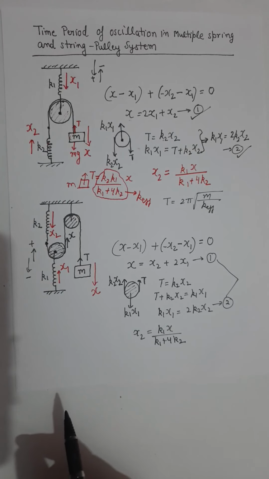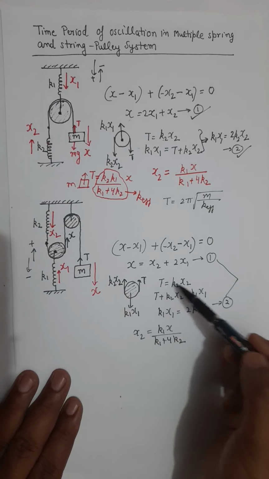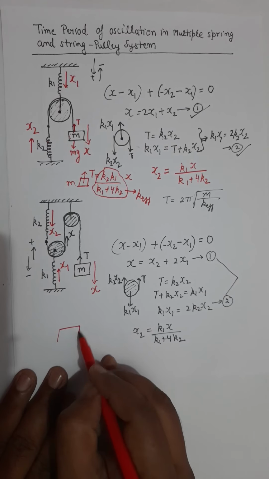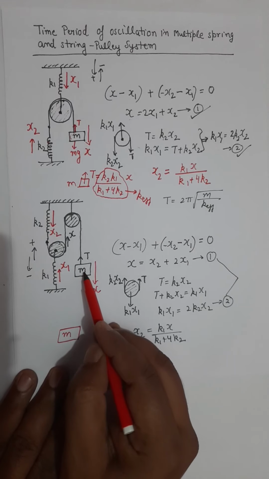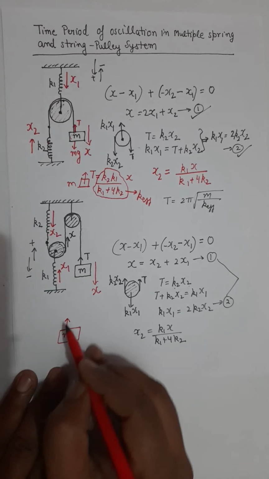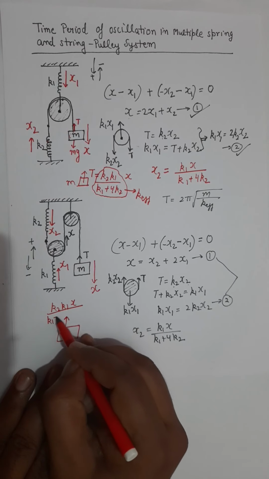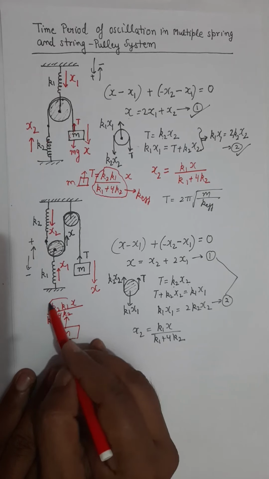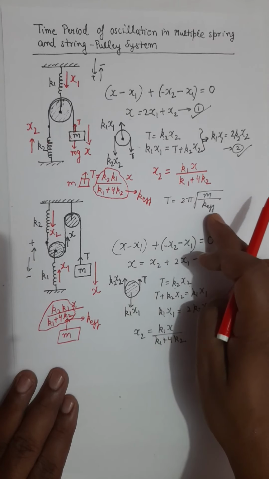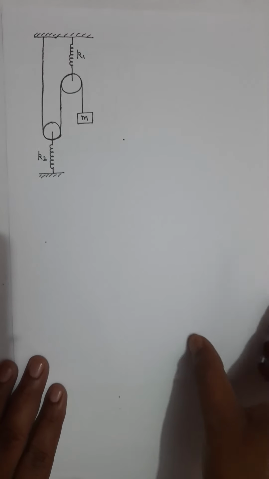Right. Now what is the force on block? The force on block is capital T. And what is the value of capital T? So capital T is k2 times x2. So the force which the oscillating block is going to experience, capital T, is k2 times x2, which can be written as k2 k1 x over k1 plus 4 k2, which means this k2 k1 divided by k1 plus 4 k2 is again your k effective value, and then by this expression you can find the time period also. Moving to next example.